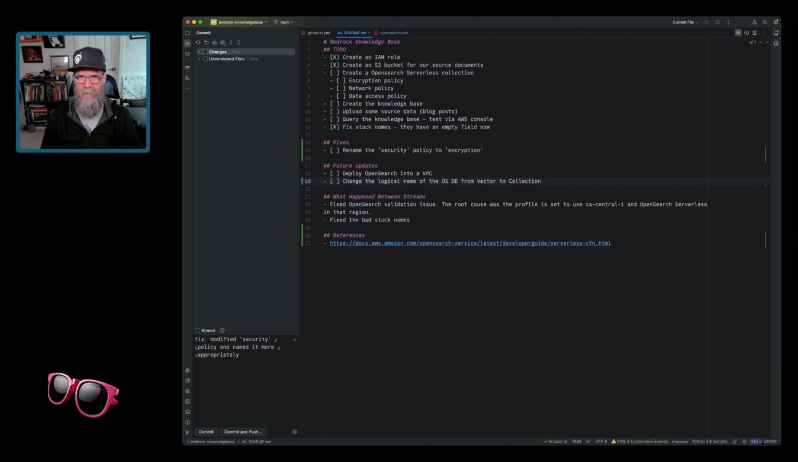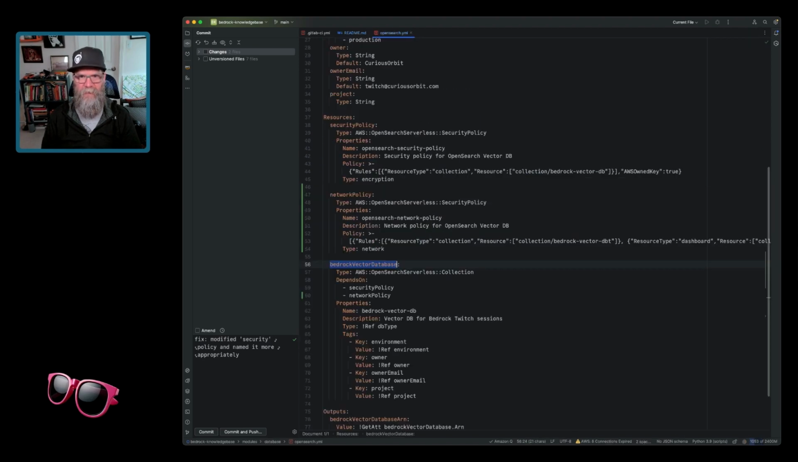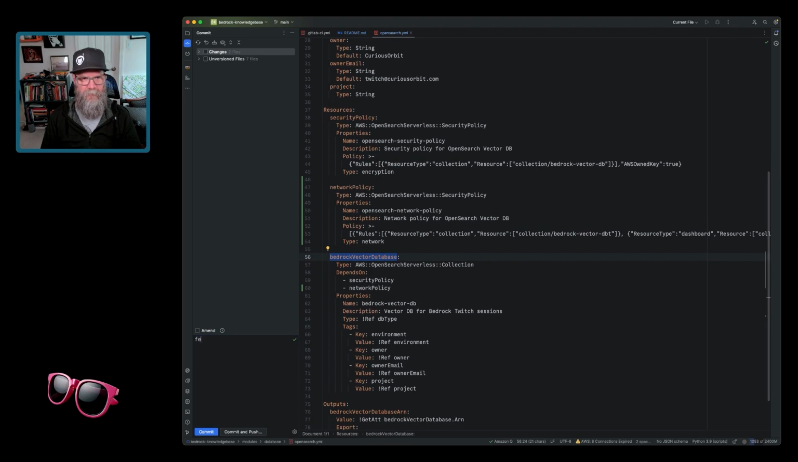Not really a vector database, it's a collection. So we'll just add that for future reference. And let's do this. And then since I changed that, we say,